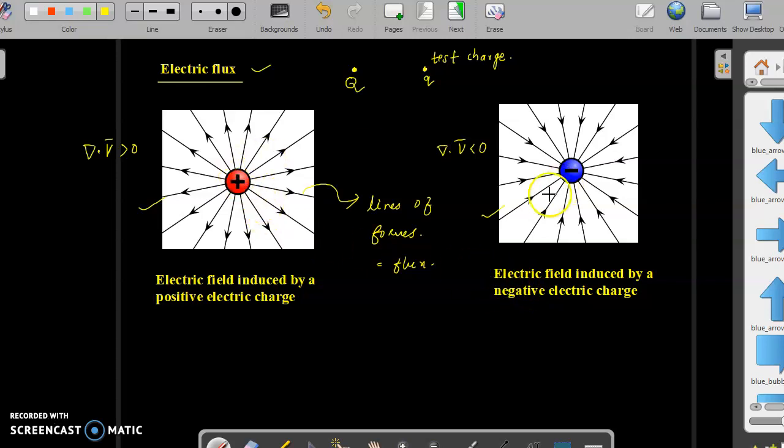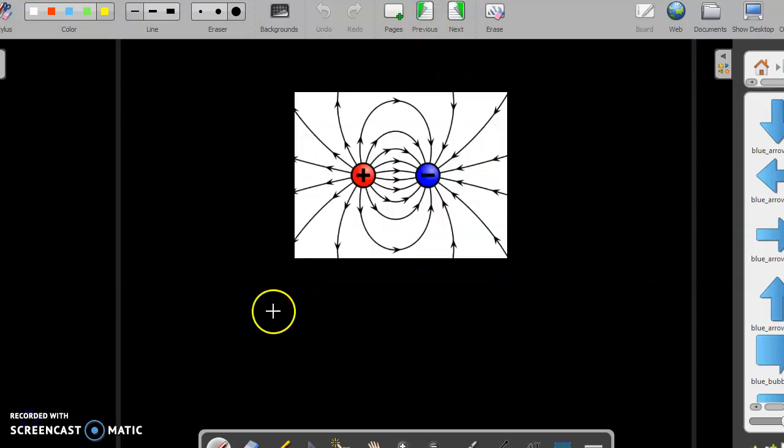So these are the lines of force when they are apart. What would be the nature of the lines of force when they come close to each other? Have a look at this figure. Here we can see that this is a plus charge, this is a minus charge. When they come together, there is a force of attraction. This force of attraction happens through the lines of force. So the total lines of force is called the flux. And here we can see that the lines of force never intersect.